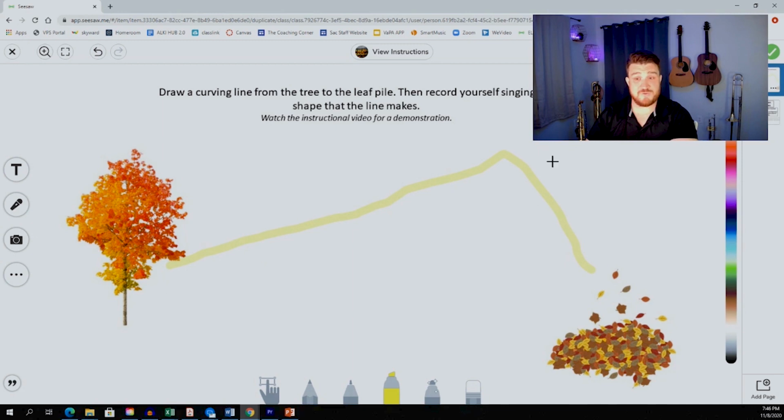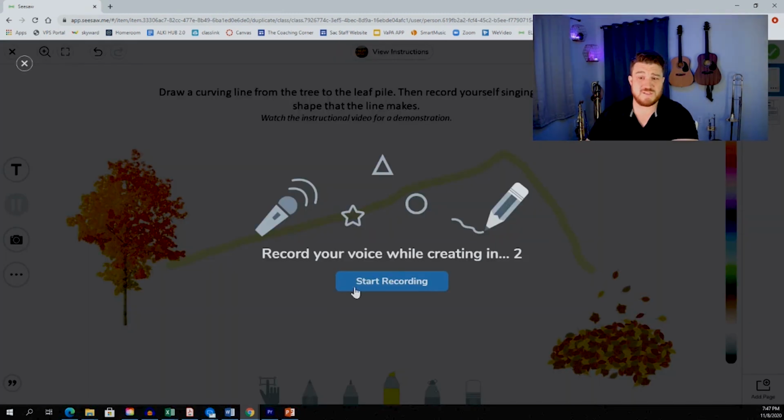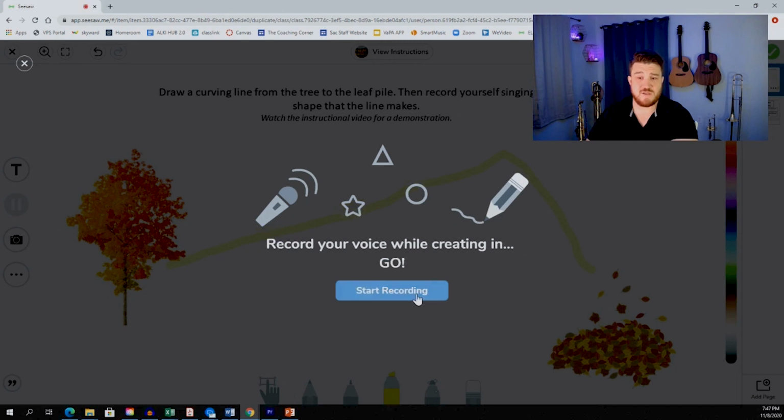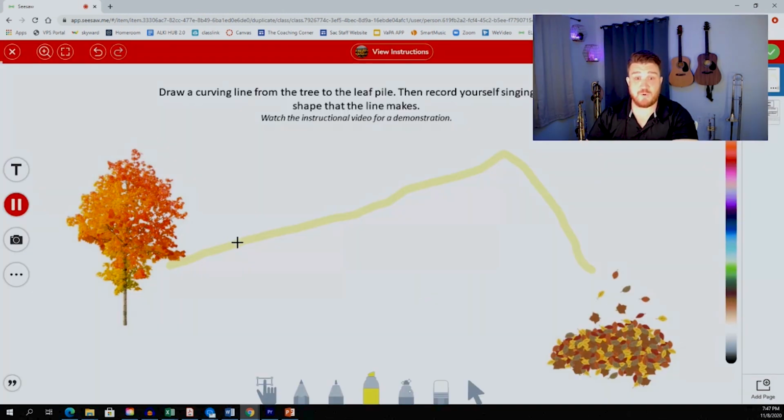To record it after you draw it, and by the way, you can go over here if you want to, and you can click and you can duplicate page. You can do as many of these as you want, and then you'd click record right here. It's going to say this, record your voice. Go! And then you would record